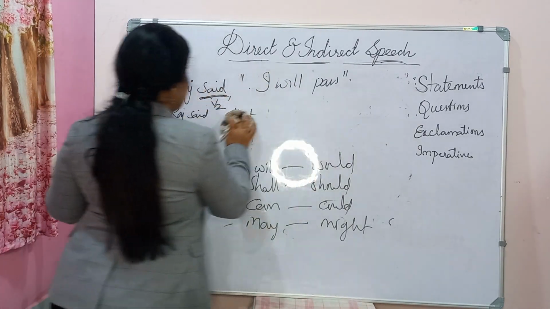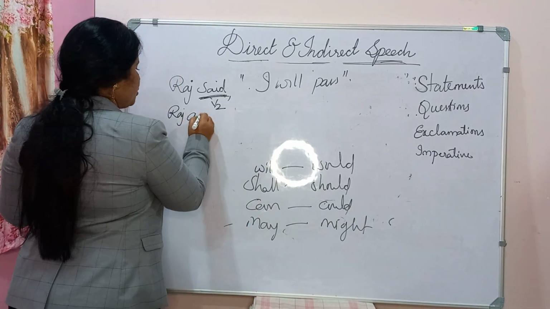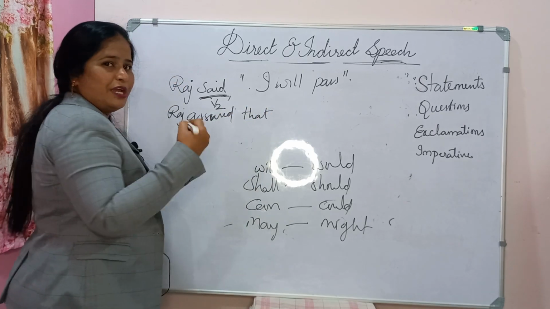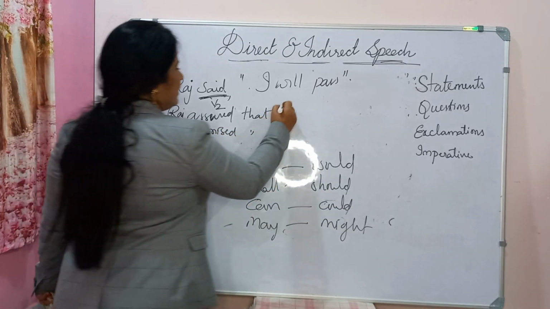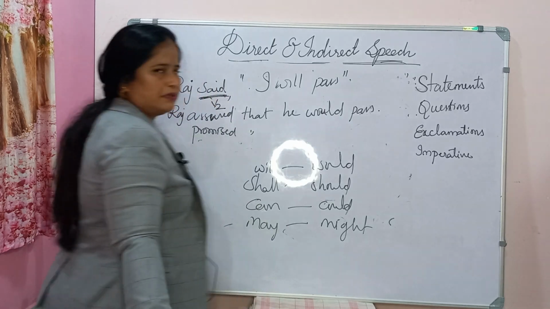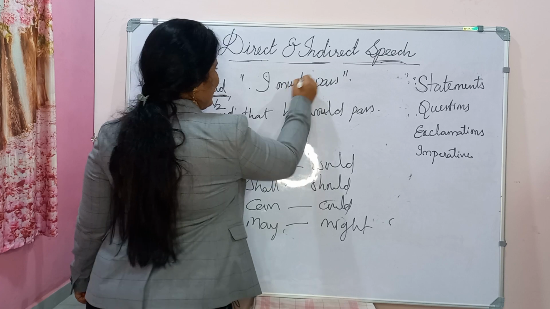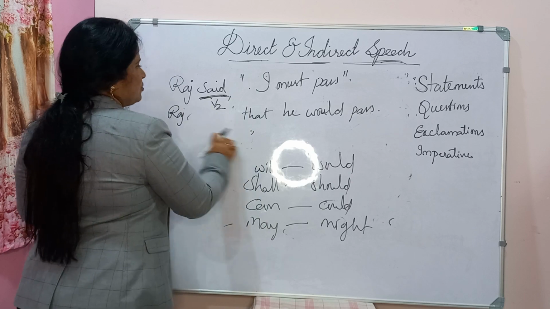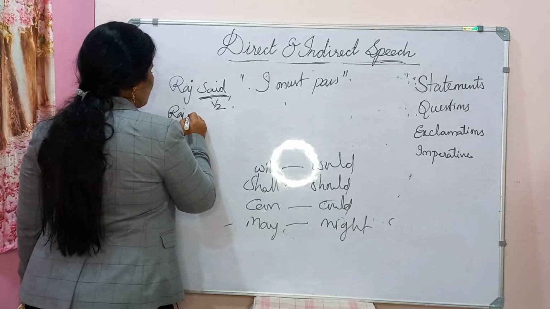So now imagine that Raju is sure of that and is assuring us. Raju assured that, or promised that he would pass. So if he says "I must pass," if Raju said I must pass, then must pass means Raju said it. So we take Raju's must. What is must? Must is his obligation. He is making his own obligation.